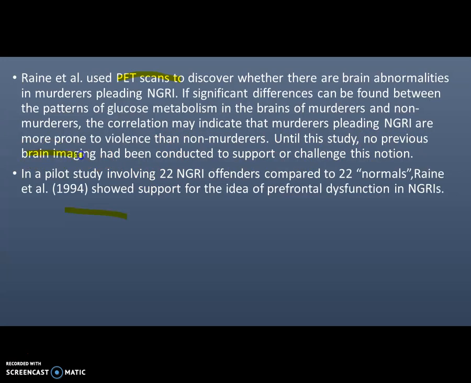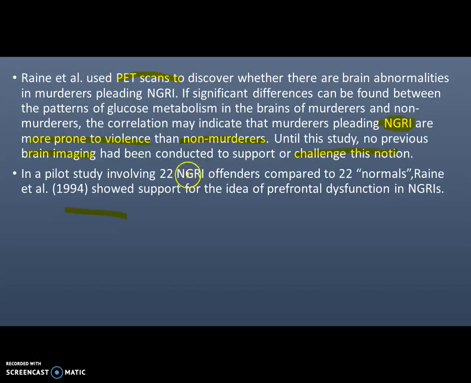Until this study, no previous brain imaging had been conducted to support or challenge the notion that people could plead not guilty for reasons of insanity. So people who plead that are more prone to violence than non-murderers. That's the argument. So Raine is trying to draw this correlation really between these areas of the brain that have previously been associated with aggression. For example, in research where someone's had a tumour in a particular area of the brain and they've suddenly become much more aggressive, or the opposite, completely unaggressive, then he's linking this together to say, right, well, maybe this could be a brain functioning reason behind why the NGRIs, they're not guilty for reasons of insanity, might have been more